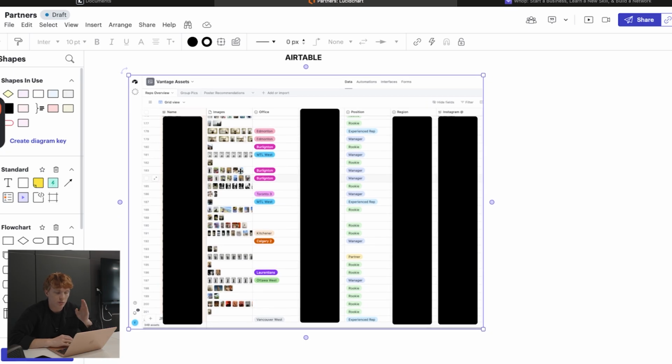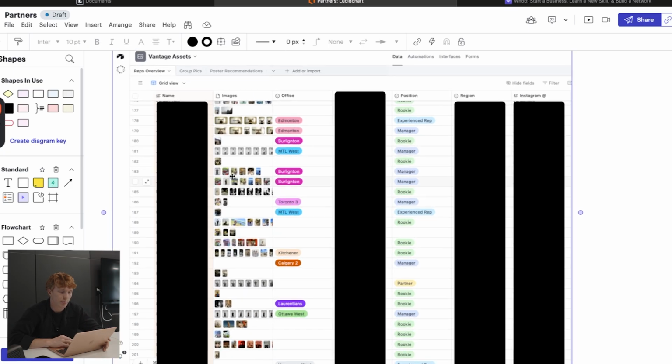The reason why we use Airtable is that if you were to press on one of these pictures, you can just copy and paste it. Unlike Google Drive where you have to download it, you have to wait for it to download, then you have to drag and drop it, and it just gets messy. And then if you put it into your laptop, it just takes so much space.